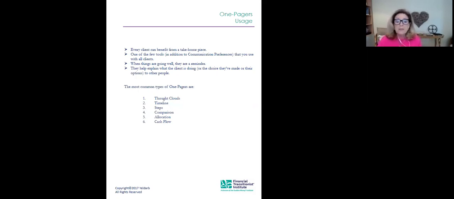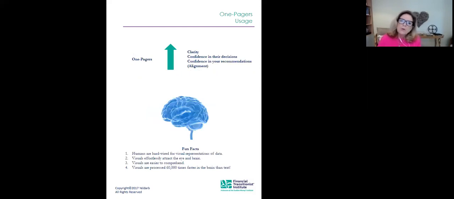The most common types of one-pagers that we use are the thought clouds. You saw that in the decision-free zone. You may be laying out timelines. It may be some steps, some sequence of actions, comparisons, the option to do A, B, or C, something like that. Could be the allocation of a portfolio, the allocation where cash is going to come from or for savings. And it also is very useful for cash flow. So when you use one-pagers and you use the science of data visualization, clarity goes up, confidence in decision increases, and the confidence, clarity, and alignment around your recommendations also